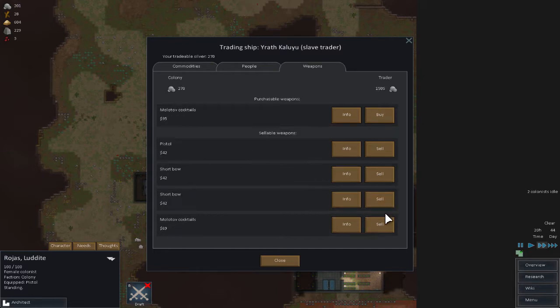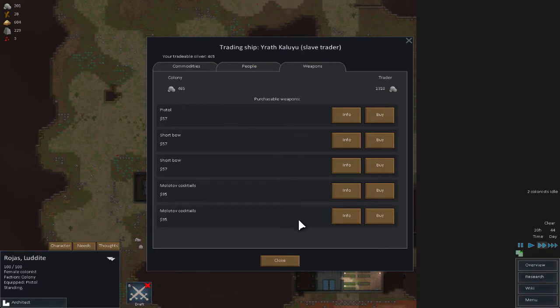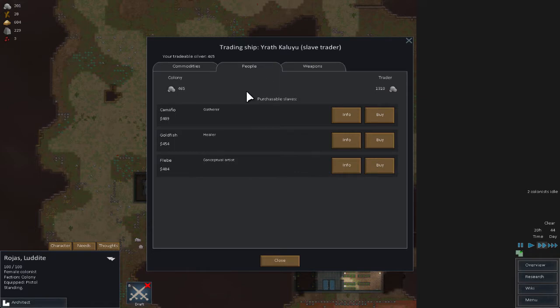But I don't know. We don't need the Molotov cocktails. We could keep one to burn the corpses. And let's... no, we're about to get one from this next fight, so might as well sell everything we've got since everyone's equipped with a weapon. Maybe we should have kept one of those pistols in case we do have enough to buy a slave right here. Oh, we actually do have enough to buy